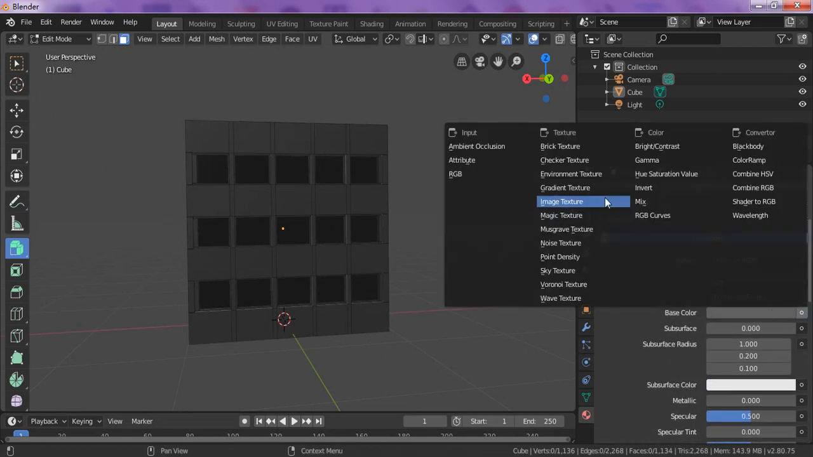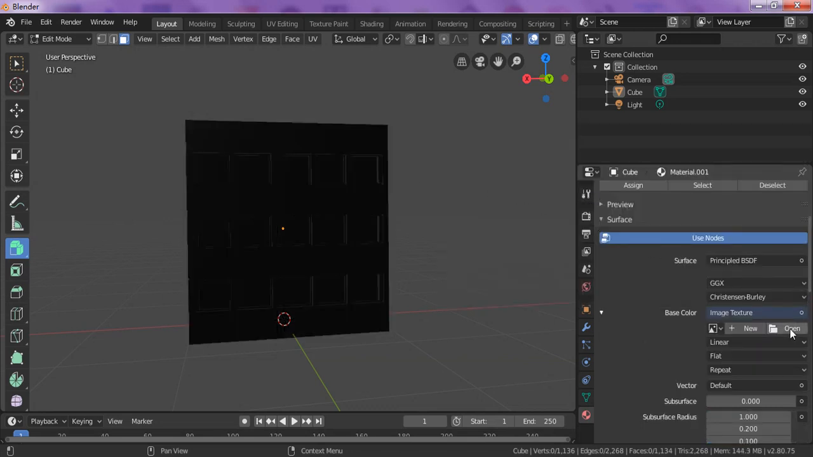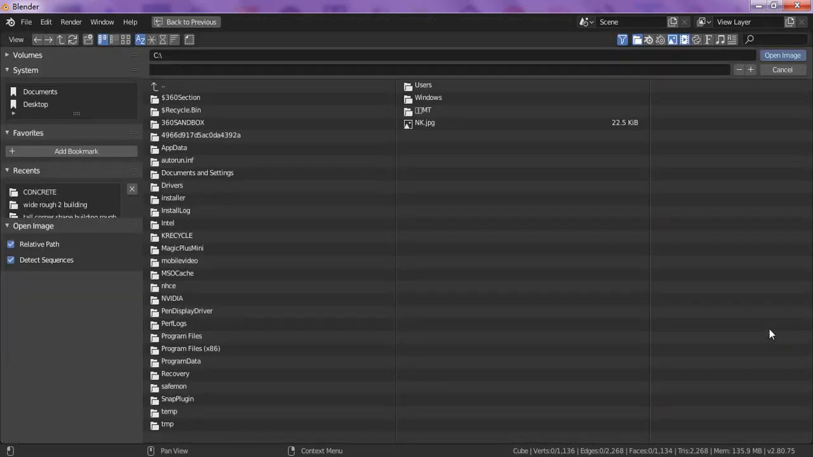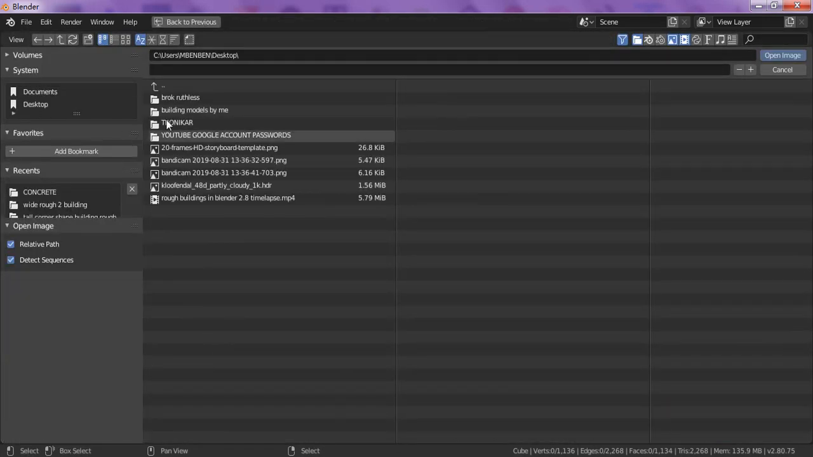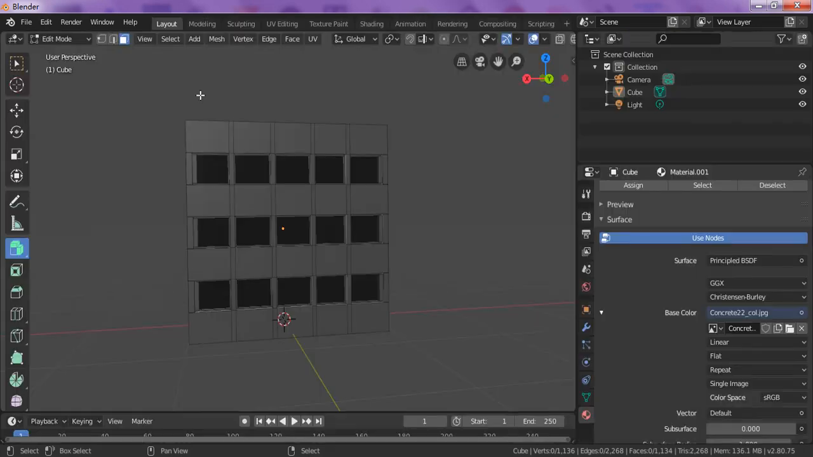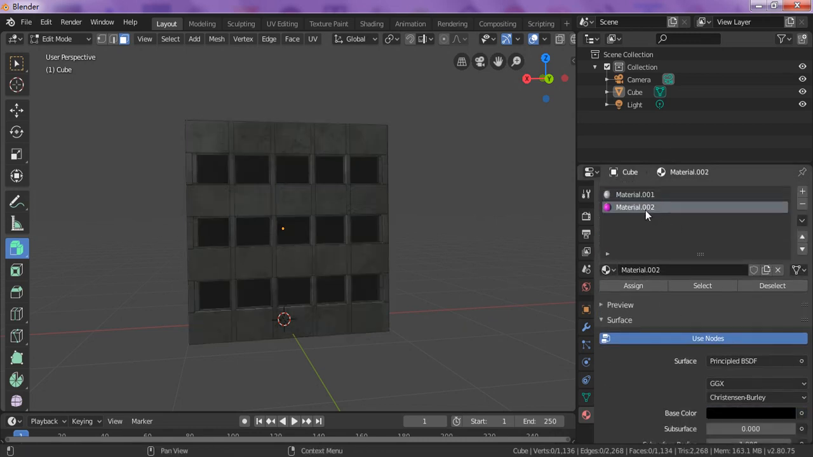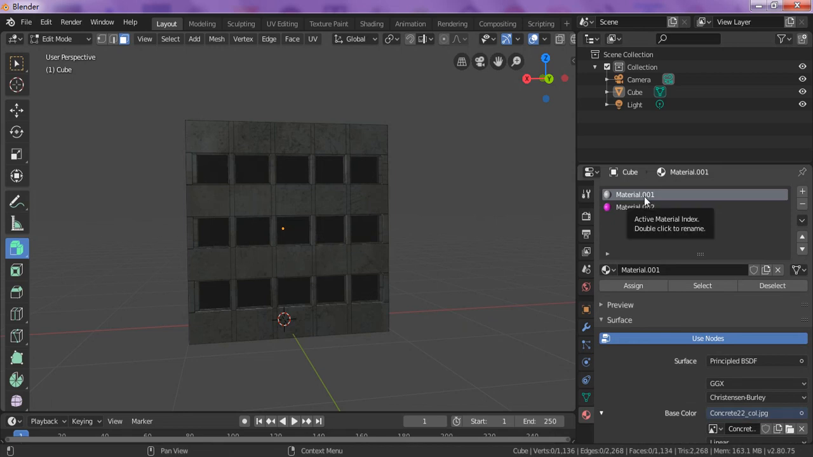So I'm going to add image texture. Go to open. It's not really black, don't worry. Just go to open. Desktop. I'm going to go into building models by me, go into here, concrete. I'm going to select this concrete colour that I've got here. Okay, that works okay. I'm going to go into the material and that's going to be chosen as a colour. So I'm going to call that